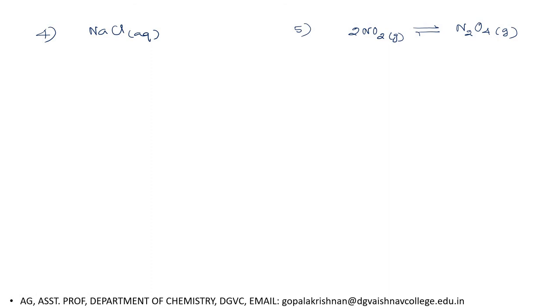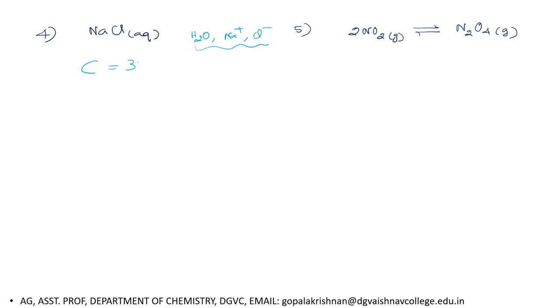How to identify the number of components in this system? It's very simple. Listen, in aqueous sodium chloride, what is the number of constituents present? C is equal to... we have the water molecule, we have sodium ion, and we also have chloride ion. So we have 3 chemical constituents in the solution. C equal to 3.